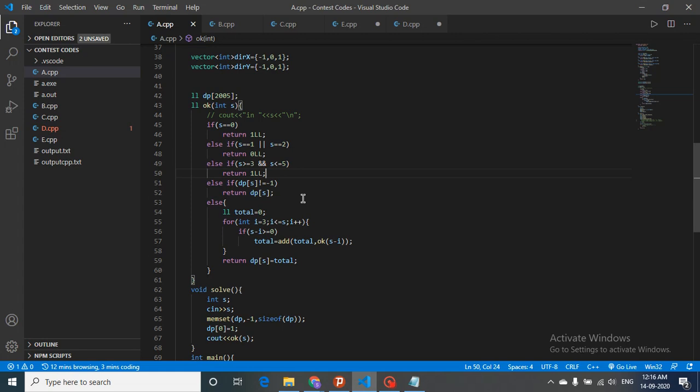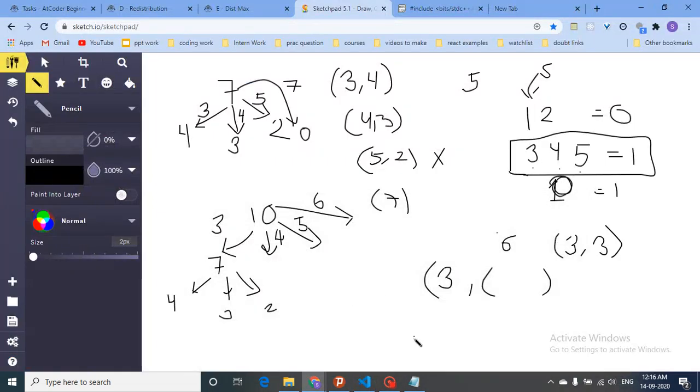Else what we'll do, we'll find out a total value. What is the total value? I will form the subsequences. I will fill the first number as you can see. If I don't know the value for 7, I will fill the first number with 3 and will find out the number of subsequences which have the total sum equal to 4. If the starting value of a sequence is 4, that's the number of subsequences which have a total sum equal to 3. So I will add all these values, and that's what I'm doing.